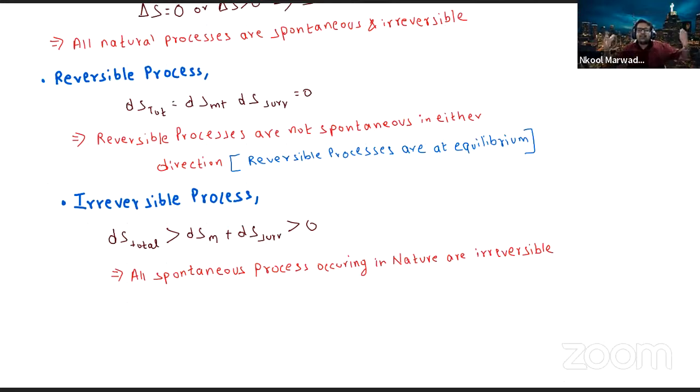Then we could have lived here for thousands of years. Because growth is also a spontaneous process, naturally we are growing. So all spontaneous processes which we see are irreversible, and hence